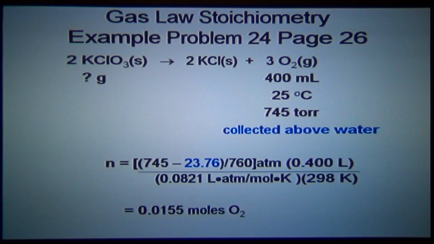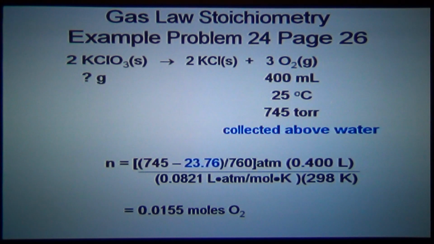So notice highlighted in blue, I've subtracted out the vapor pressure of water at 25 degrees from the 745. That would give me the pressure of the gas collected, or sometimes referred to as the pressure of the dry gas. I'm then going to divide that by 760, and that gets me to the atmospheres. Notice I did change the volume to liters, that is the 400 divided by 1,000 is the 0.4 liters. The R value I'm using is the 0.0821, that is liter atmospheres per mole Kelvin, and notice my temperature is in Kelvin. Anytime you solve a gas law problem, you have to express your temperature in Kelvin. So performing the calculation you see in front of you, this will get me the quantity of oxygen that was